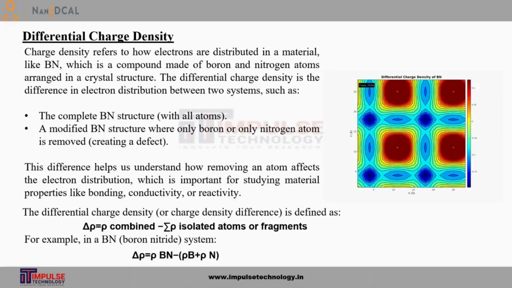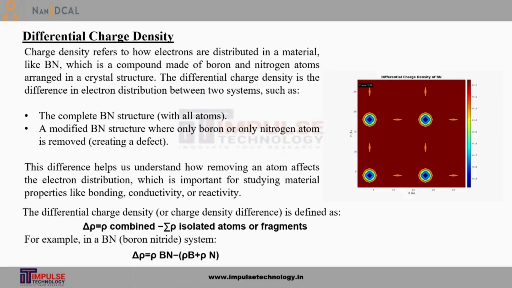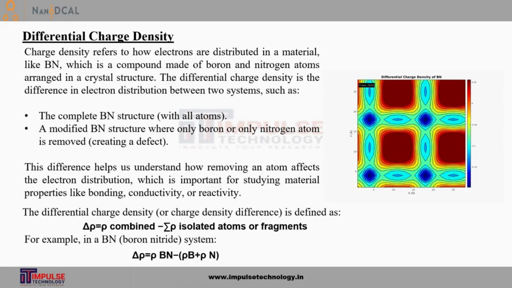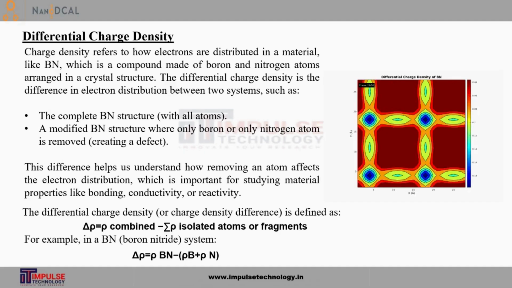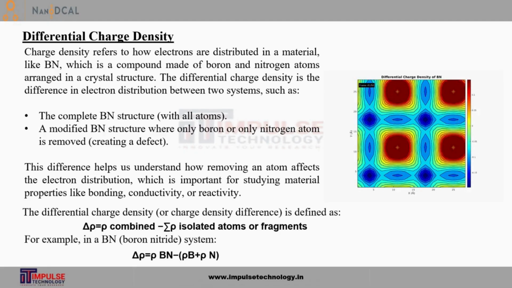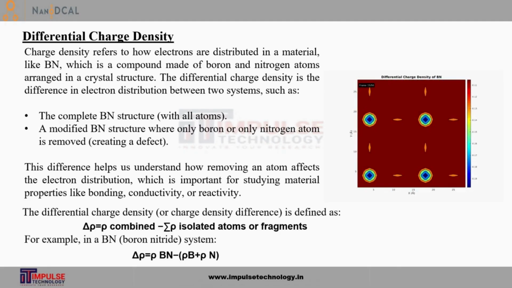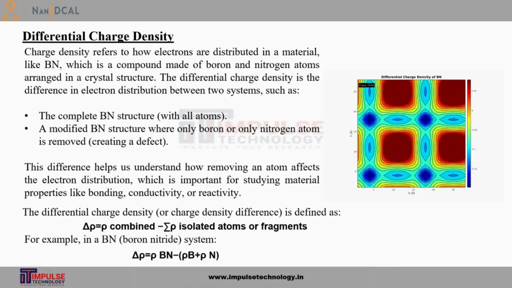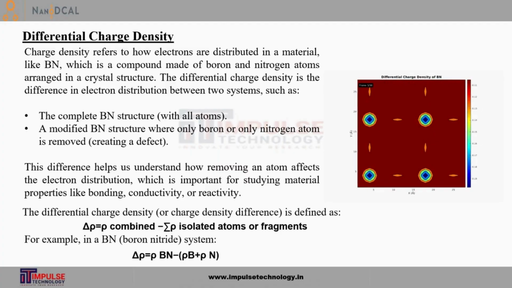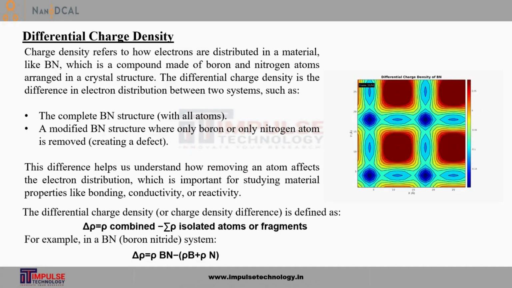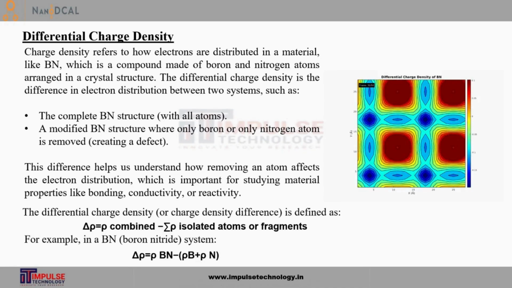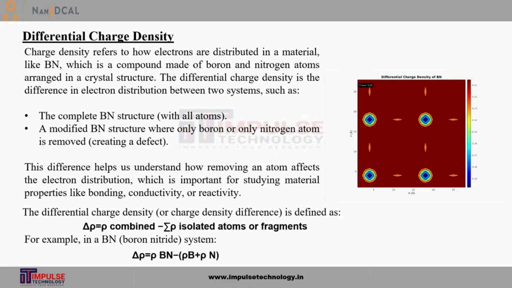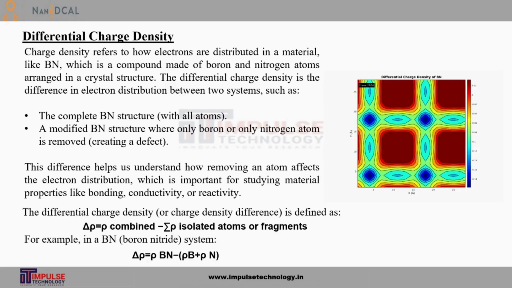The differential charge density basically gives the difference in electron distribution between two systems, such as the total combined boron nitride structure with all atoms and a modified boron nitride structure where only the boron system and the nitrogen system are considered separately. The difference helps us understand how removing an atom affects the electron distribution, which is important for studying material properties like bonding, conductivity, and reactivity.